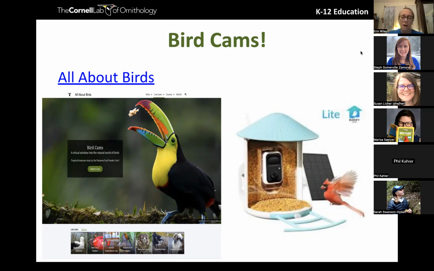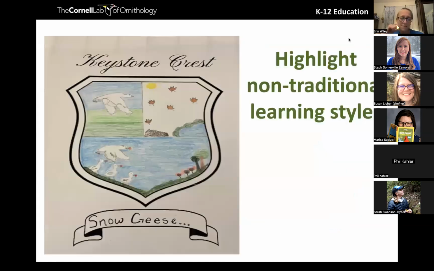And so we use the bird cams a lot. They're free. And a lot of my coworkers have actually started to do it because the kids talk about it all the time. And then I bought a bird feeder, and the school wouldn't let me put it up at school. We had some issues with that. So I put it up in my house, which actually has better birds. And I am constantly streaming that into my classroom, and the kids are getting really good at identifying that. I think I bought it on an Amazon Prime Day. I think I paid $75 for it. Use it every day.